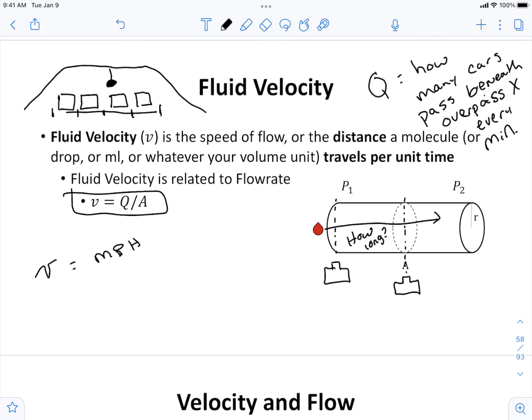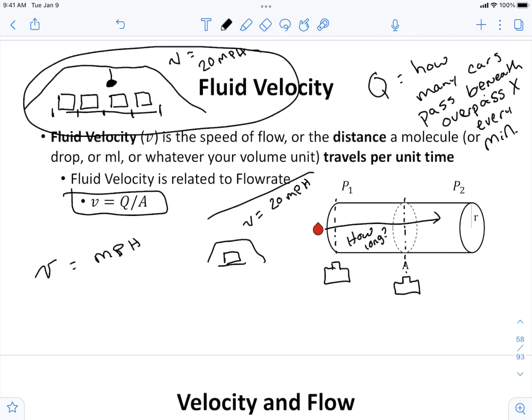Definitely is proportional to the size of the cross-sectional area, as opposed to maybe, you know, imagine a little overpass that only has room for 1 car at a time. So even if the rate is the same, so let's say my cars are moving 20 miles per hour. So even, you know, maybe there's a traffic jam, they're moving slow. Well, because I can move 4 at a time, if my velocity down here is 20 miles per hour, then not surprisingly, in terms of total volume, I'm moving much more blood here at the top one than I am going to be moving here. And so